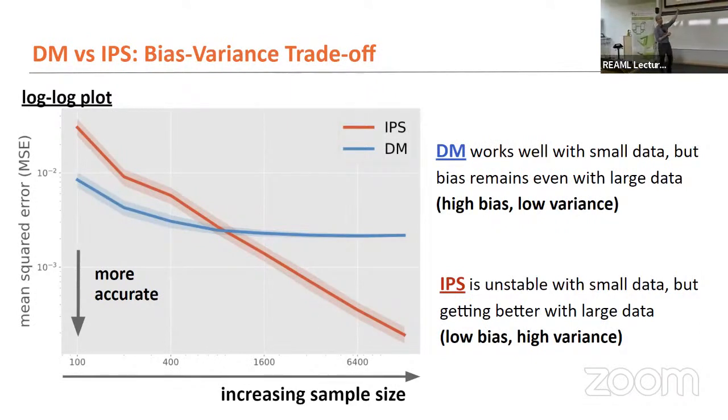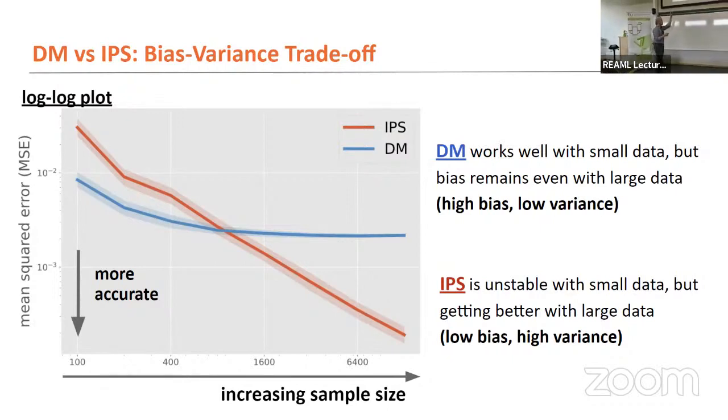So there's the direct model estimator. That's the model-based one, the regression imputation one. If you increase the amount of data that you have to do the evaluation, this is how accurate it is, measured by mean square error. So lower is better. The blue line, the regression imputation direct model, is better for very low amounts of data. But it's not consistent. It doesn't go down to zero, right? It asymptotes because it has a bias.